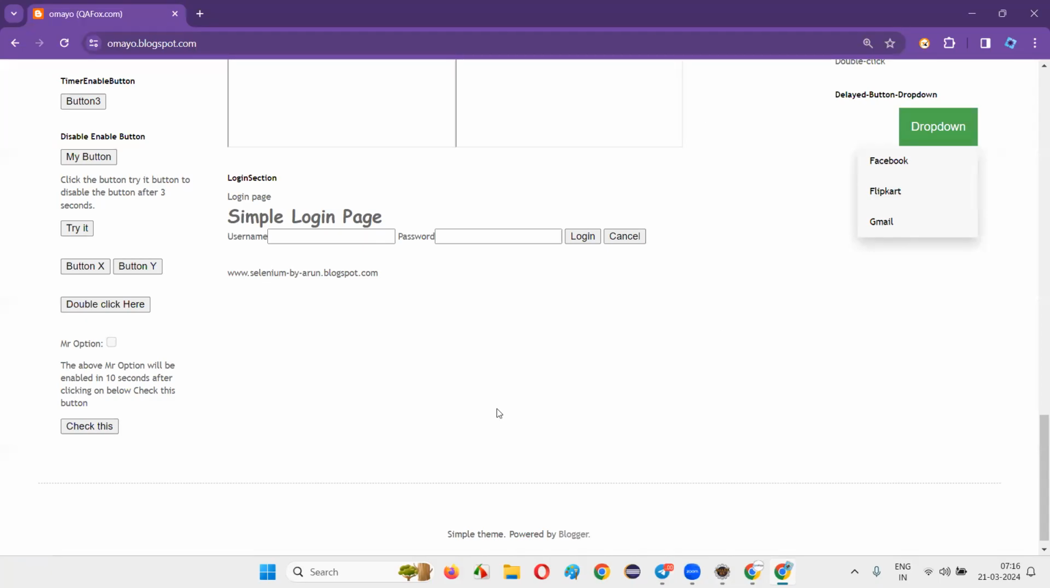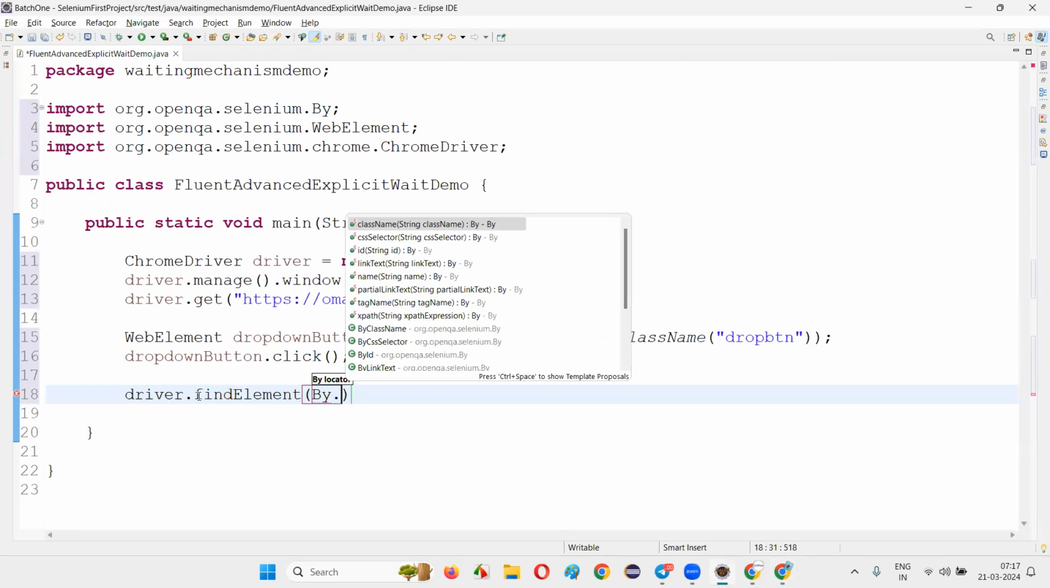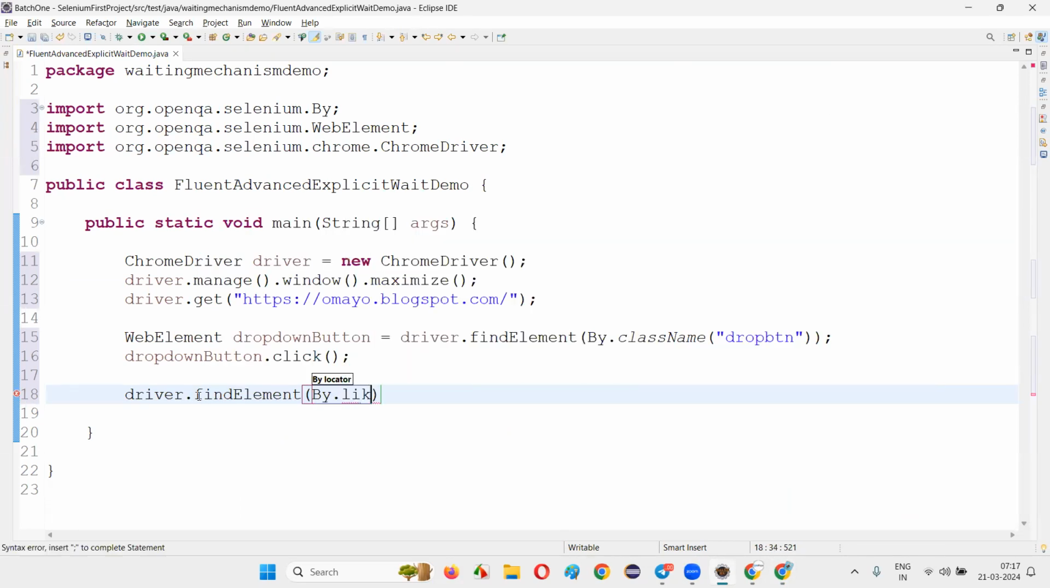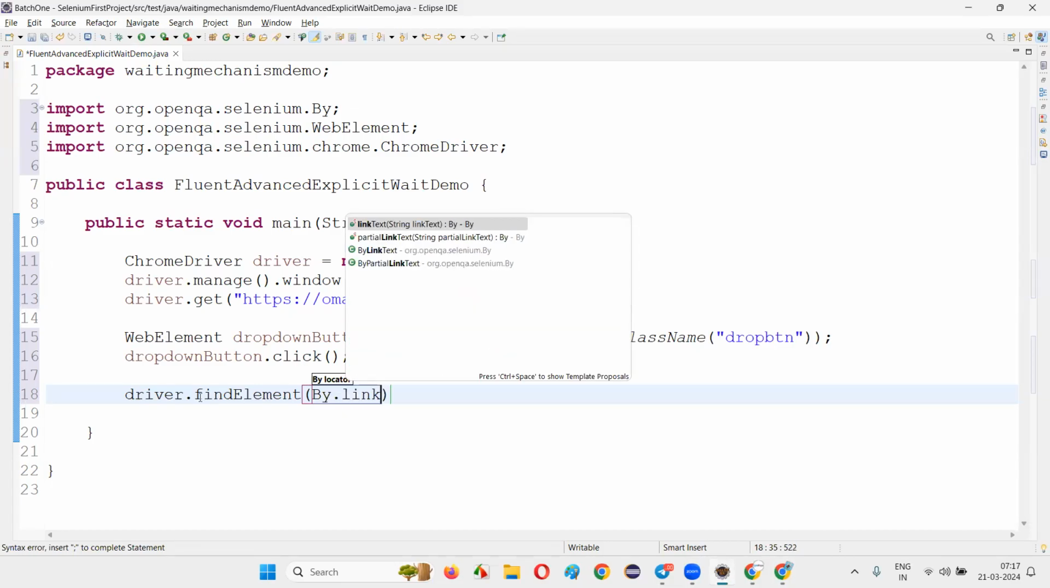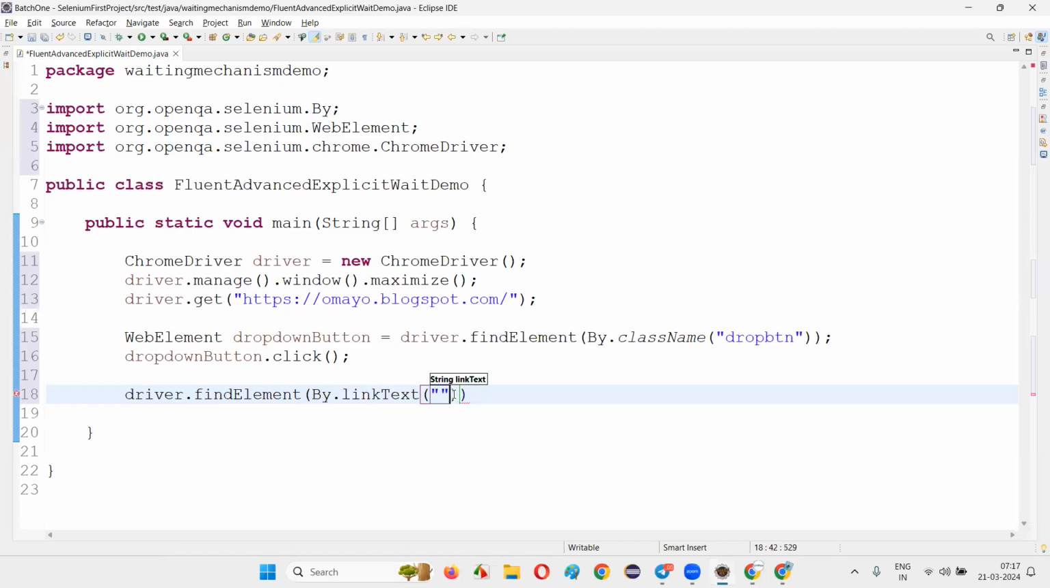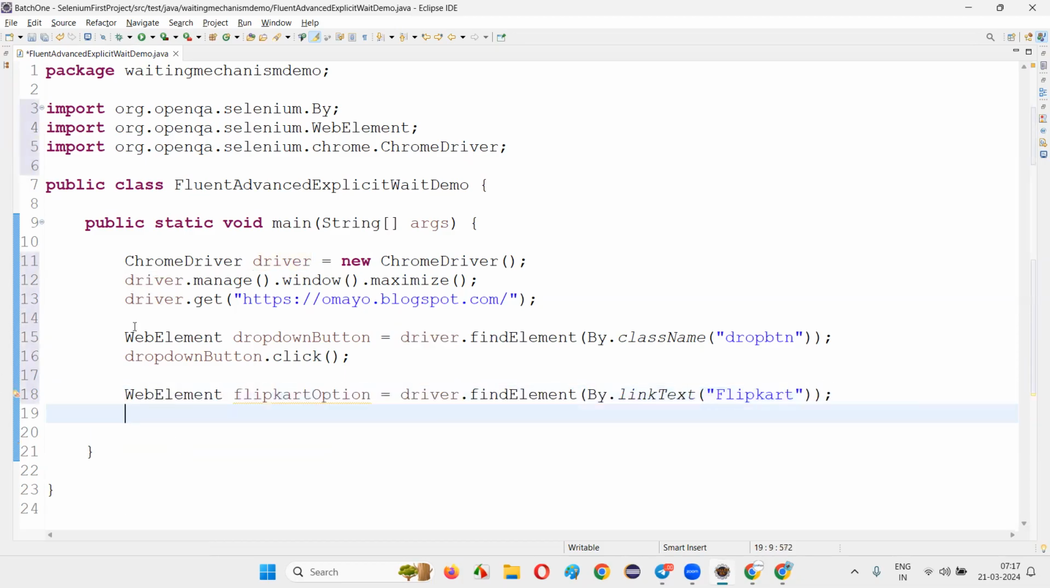The moment I inspect, this is a link text. Copy this link text, and here I have to write like this, right? Driver dot find element, by dot link text. I'll provide the link text locator here, put a semicolon, and here this is the Flipkart option. Hover the mouse on this and create a local variable, flipkartOption, and now say